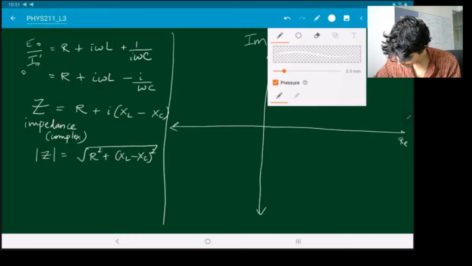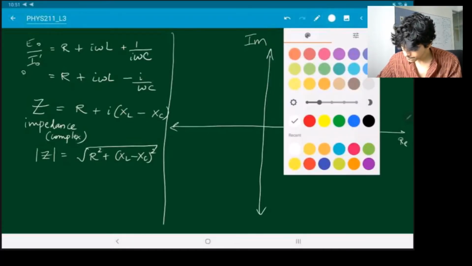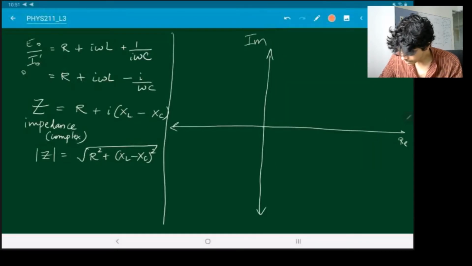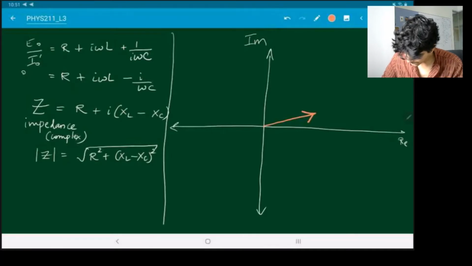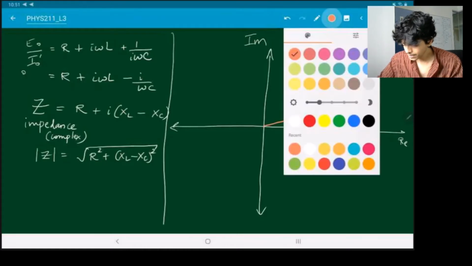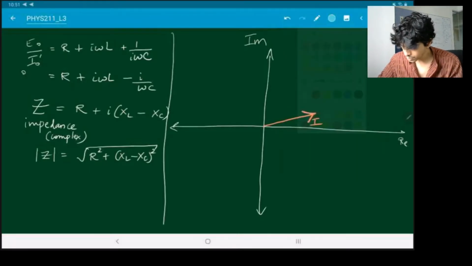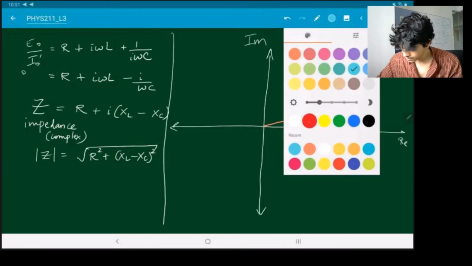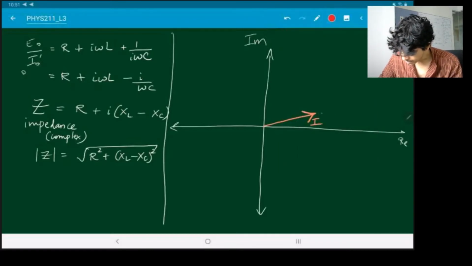Sure. Let's start by marking out the current. So let's call this the current I. Now if I want to put the voltage also on this chart, then the voltage